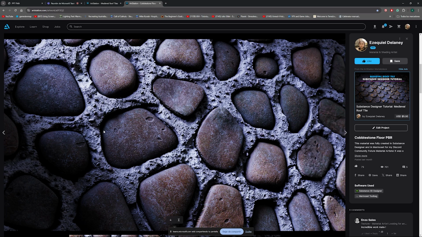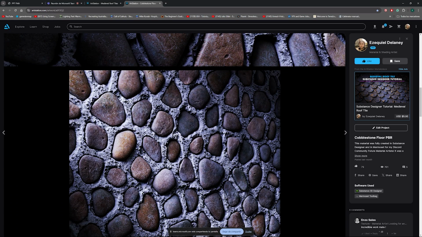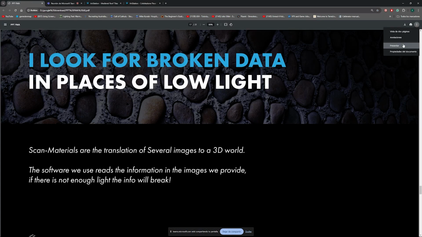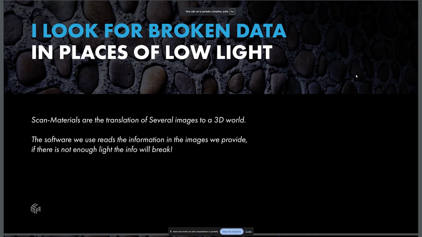If there's actually no light coming from there, it's just going to be pitch black, and that means that when the software is constructing your 3D object in Reality Capture, that's going to be broken or incomplete data, let's say, and we need to fix that. Unfortunately, for the moment, I can't tell you how to fix that. Working in the industry has those kinds of disadvantages for the moment, but in the future, I promise I'll be uploading more things about it.